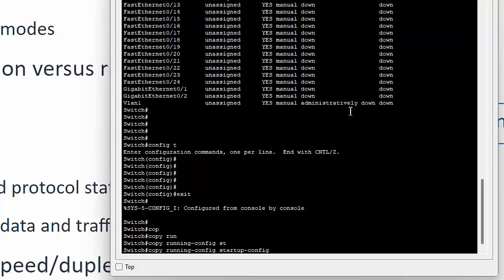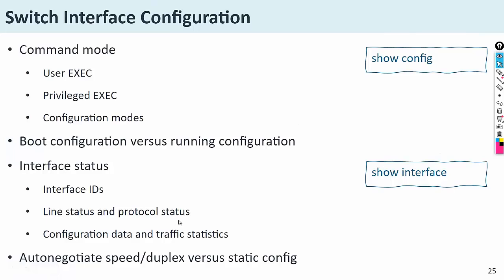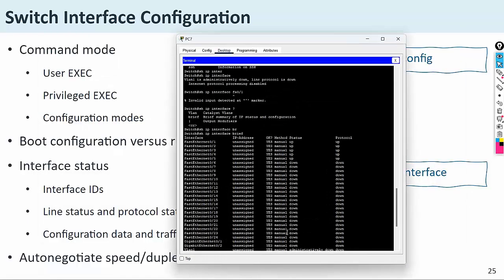Here are multiple interface IDs. Here are multiple lines and protocols. Line means the digital line, console line, or the virtual terminal. These are the lines which can be used. Okay, and auto negotiate speed duplex versus static config. So once you check